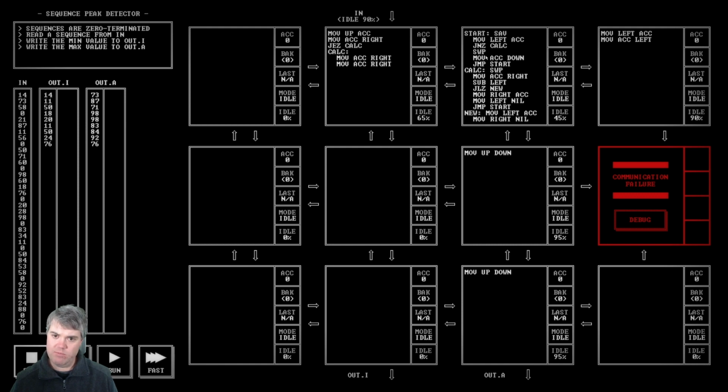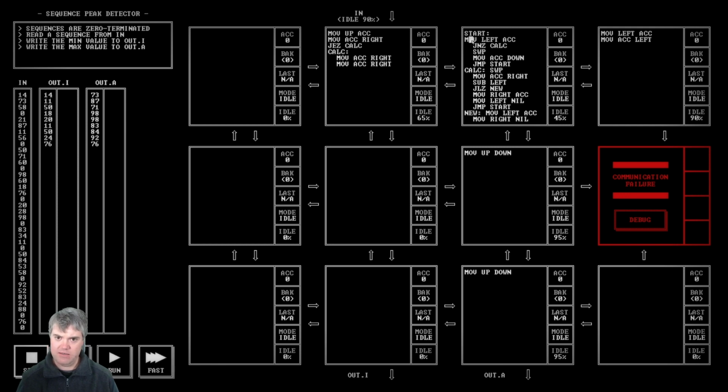So we swap, move account down. I'm jumping back to start, but I also need to reset. I need to swap again, essentially. I don't think a swap will work here. If I don't do a swap at all and we just,